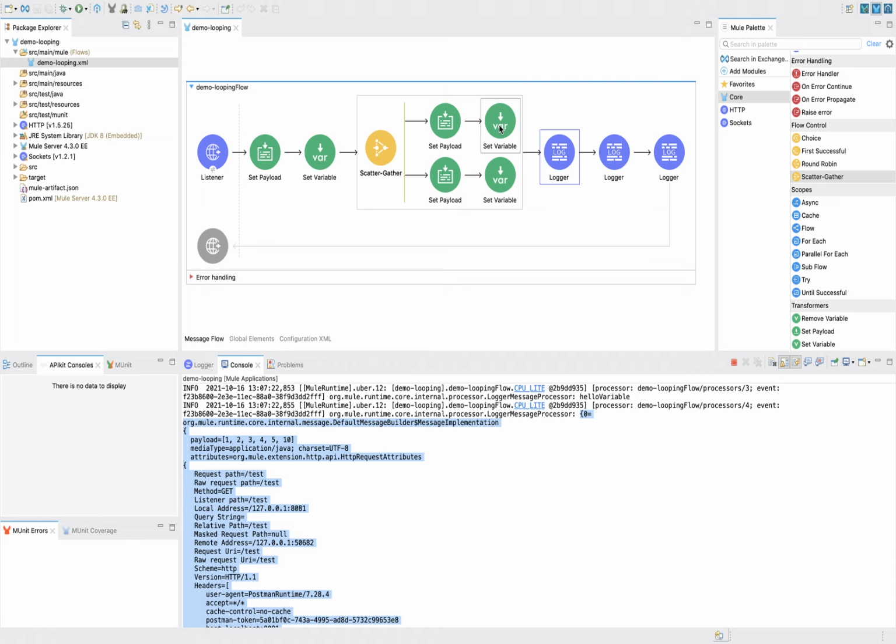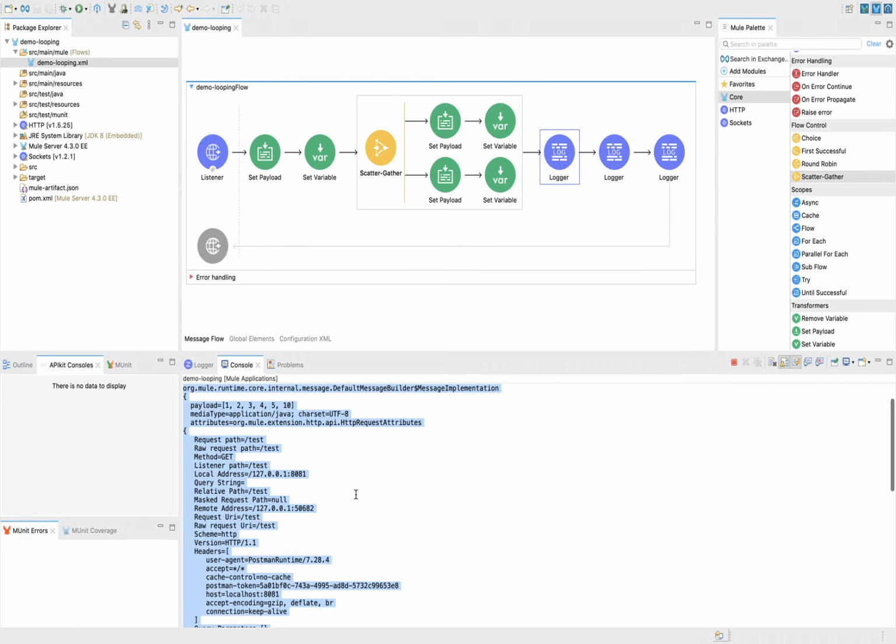If you have 3-4 branches, it will be a combination of all the payloads. And how will you be able to access them? payload.0.payload means the first branch payload, payload.1.payload means the second branch payload. In this way you will be able to access them. So this payload value will change and you will get a combination of all these payloads. And what about the third variable?